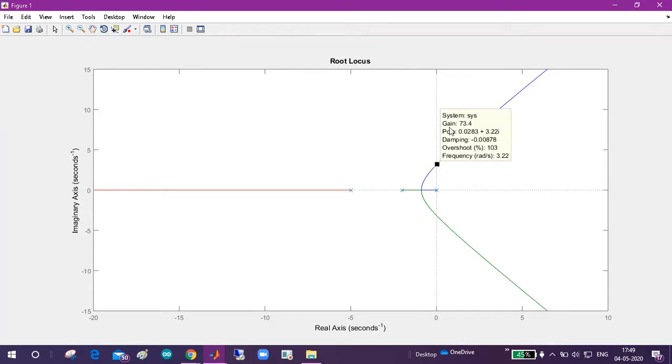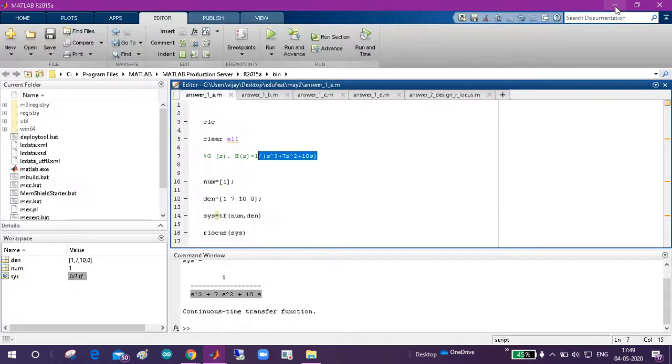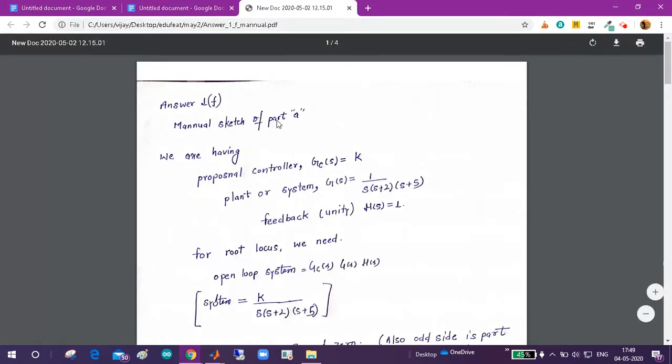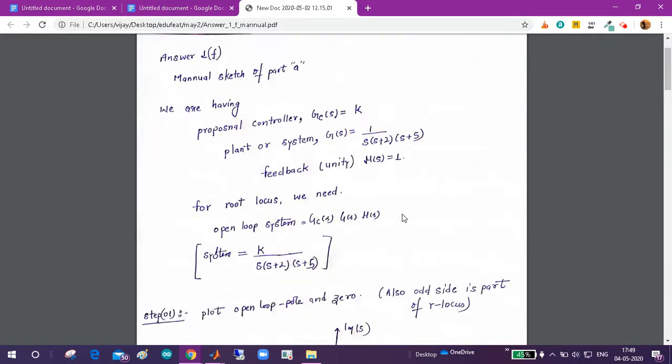See, we are getting the gain at the j omega crossover frequency of around 73.4, overshoot 103, and radian frequency 3.22. Let's see whether in the manual calculations these results are verifiable. So this is the manual calculation which we have done for this system: same system, proportional controller K, open loop transfer function 1 upon (s plus 2)(s plus 5).